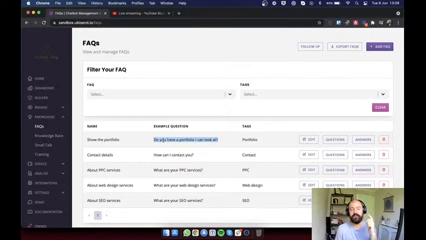Second is to send it to people within your team or within your department, or people who are close to the bot and its purpose. So if it's a sales bot, send it to your sales team. If it's a customer service bot, send it to your customer service team. If it's a marketing bot, send it to your marketing team. If it's an HR bot, send it to your